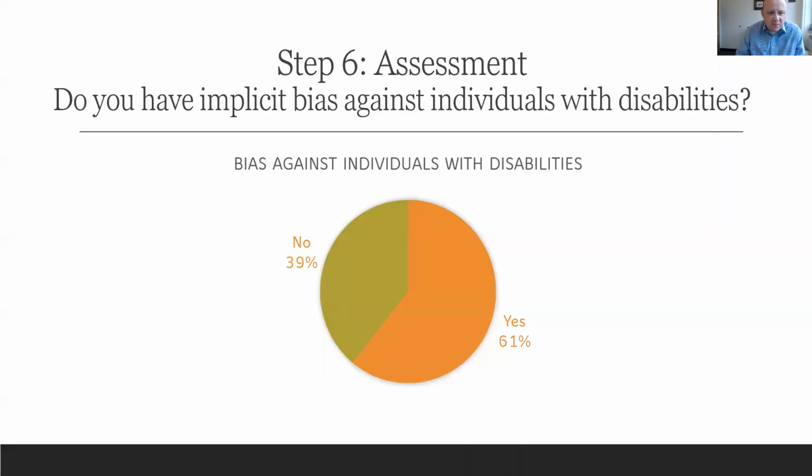And then step 6 is that assessment process. I have them simply go back again, and I ask them the question, do you have implicit bias against individuals with disabilities? Now you remember in the beginning, this was 100% said no, 0% said yes. After engaging through this exercise, addressing this bottleneck, at the end, 61% said yes, I do have implicit bias against individuals with disabilities. They were finally able to understand. We had 39% that said no. And to be fair to some of these 39%, several of them, their results came back with no implicit bias.